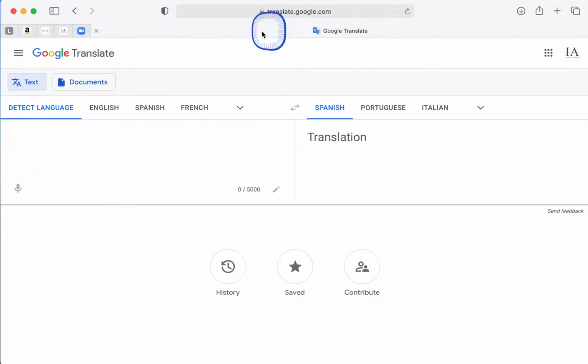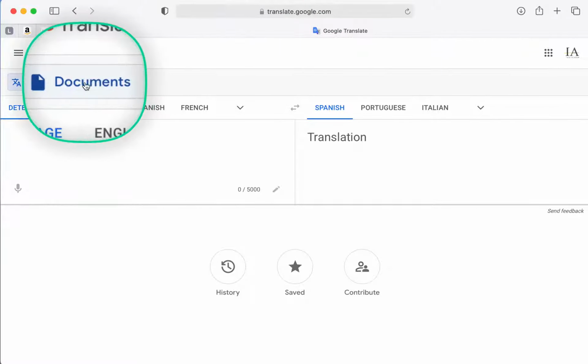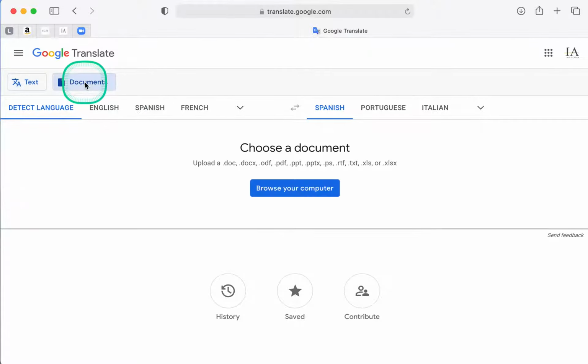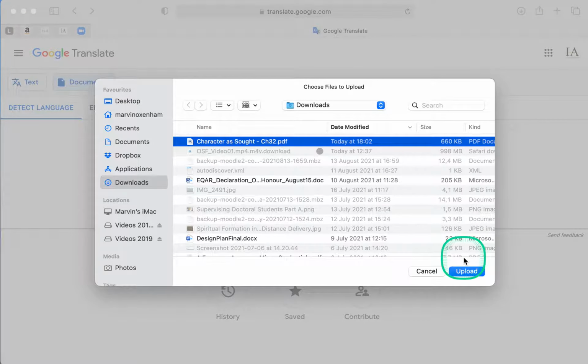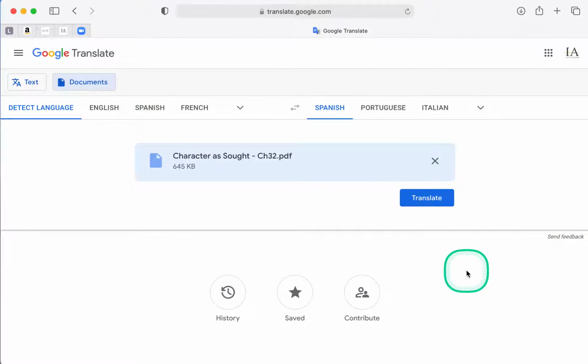Go back to Google Translate. In this case, once again, the address is translate.google.com. You will go to the section Documents. Click on Documents. At that point, you can choose a document from your computer. So simply click on Browse Your Computer, and in this case, in my Downloads folder is the PDF document I had already downloaded. Click on Upload,